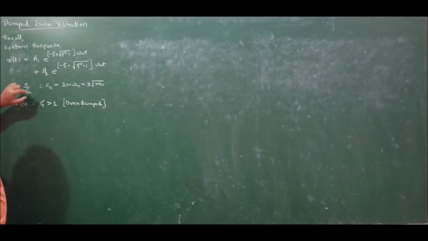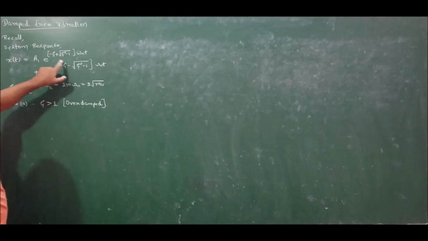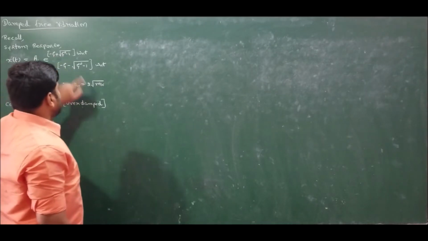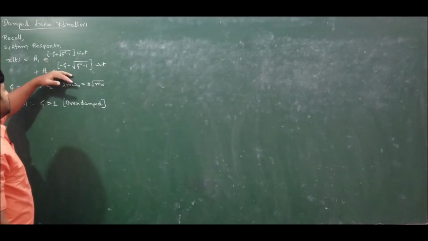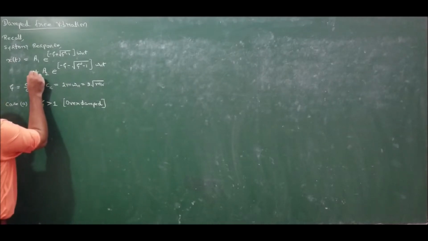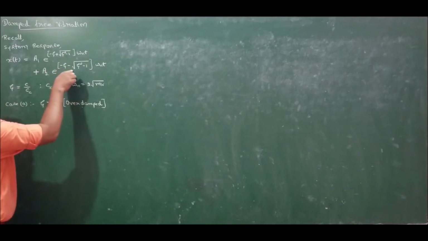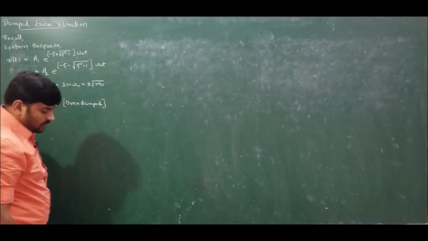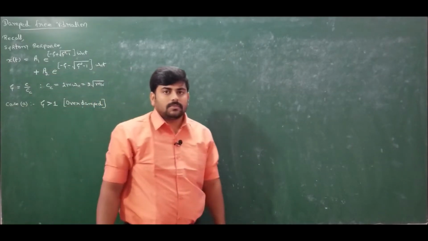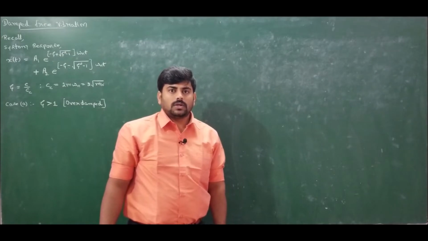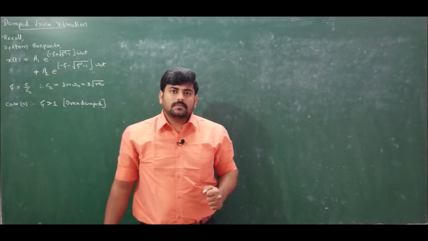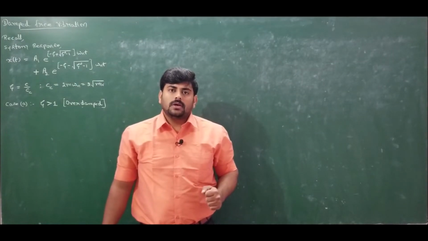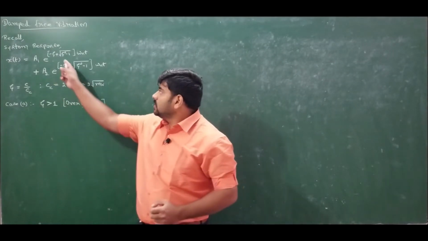For such cases, if you carefully observe, substitute the value of zeta in these two roots. The roots remain unchanged because zeta is greater than 1. We observe no change in the roots of this system response equation. This is root 1 and this is root 2. The actual solution is of the form a constant times exponential to the power of ut, where u is the root. Since the equation of motion of a damped free vibration system is a second order ordinary differential equation, we have two roots, that is u1 and u2.